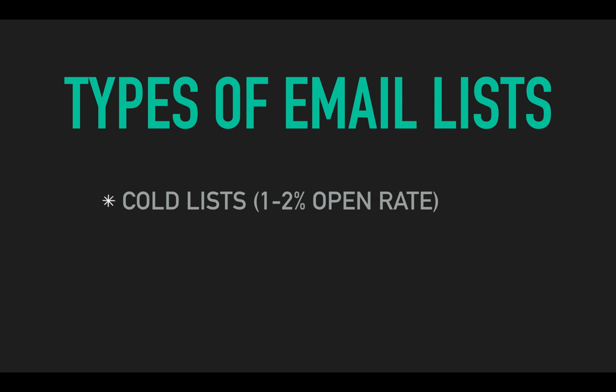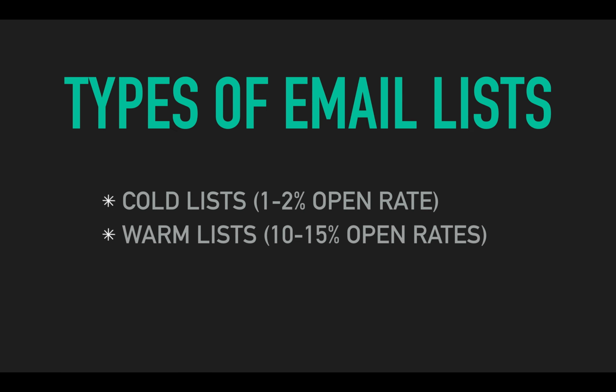I prefer opt-in email marketing, which is the second one. So you have warm lists, where they've opted into your website, if you're giving away a free book or a free video tutorial. For the kind of emails you send out to these lists, you can have anywhere from 10 to 15 to 20 to even up to 30% open rate, depending on your subject line and the frequency of your emails. And if you're really too salesy and just always pitching through your emails, you can be sure that your open rates are not going to be that high.